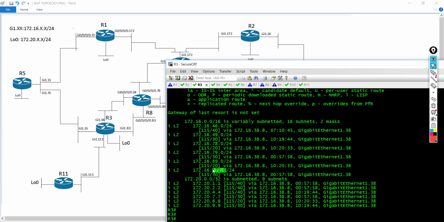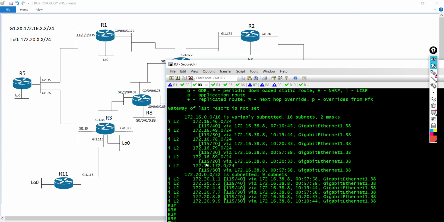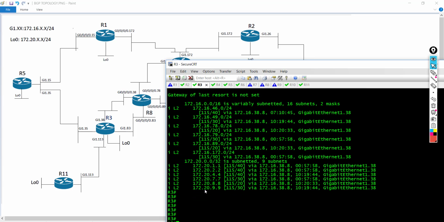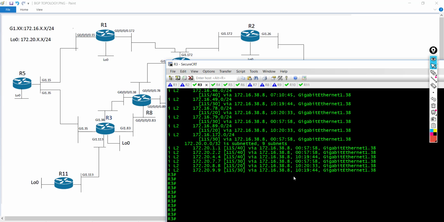So I know how to reach this and 89, 79, 78. We might need to clear the BGP process. So okay, so I think as Router 3 is only learning it not from ISIS, but because it's already directly connected, we are not going to see it here. But of course, if I say just show IP route and I don't filter,